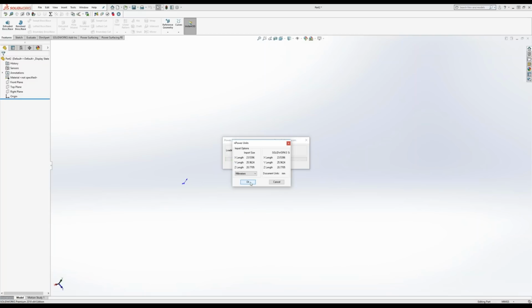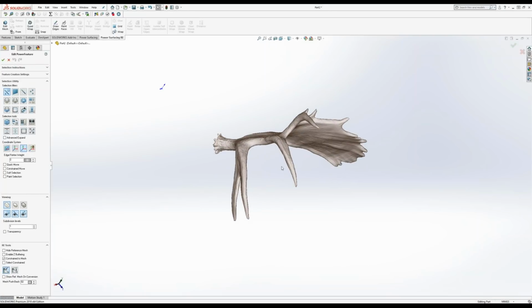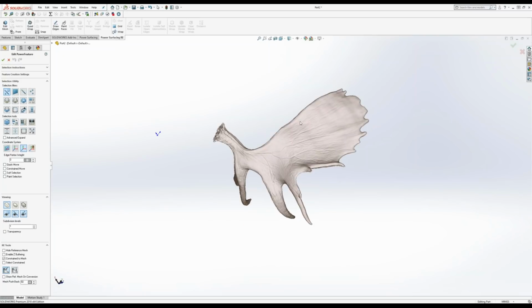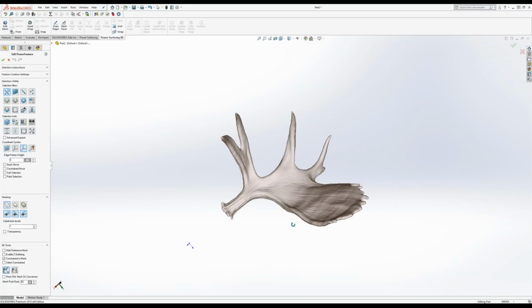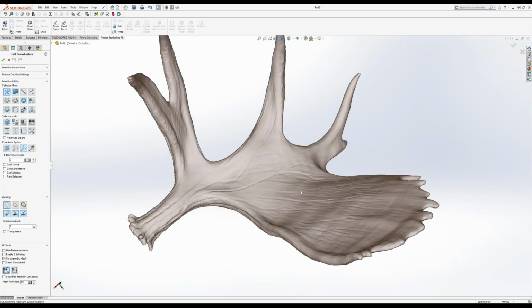And we have another question. PowerSurfacing reverse engineering works very well for organic models. How does it do with contoured sheet metal? Think vehicle surfaces where you are also trying to capture the shape edge of the panel as well as the overall shape. Okay. We have had customers send us some of those, and typically what we will do,